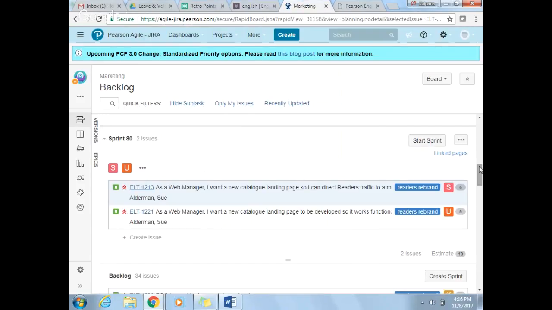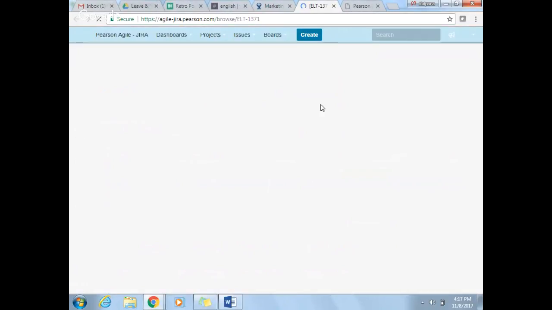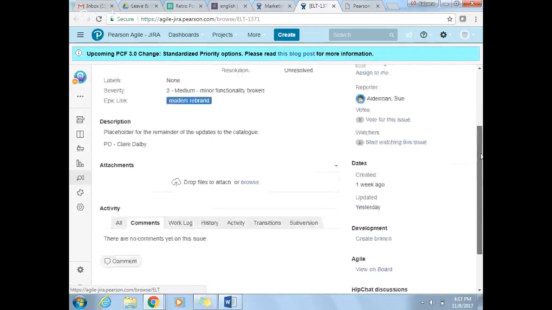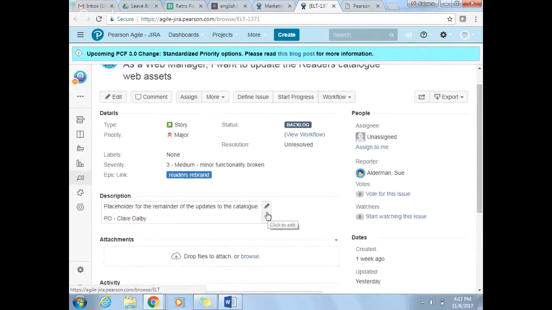Okay, so moving on to the next one. As a web manager, I want to update the reading catalog web assets. So we get the details. This one, Claire hasn't given me the files yet, and I don't know whether she'll get them in time.